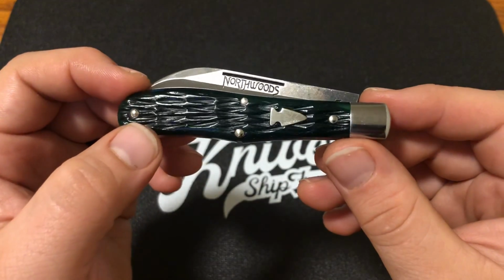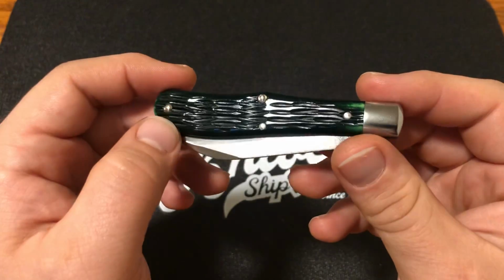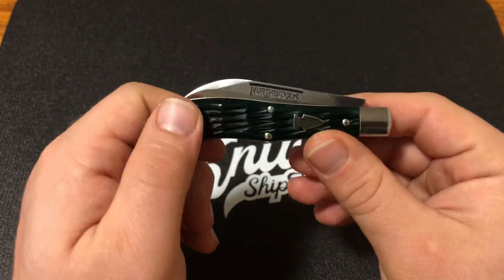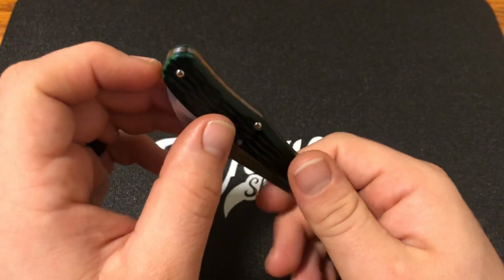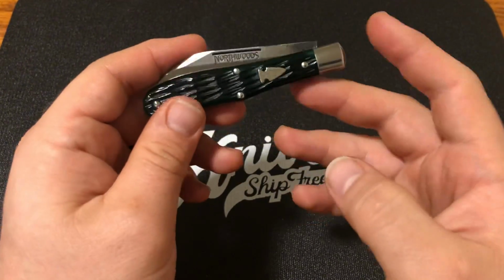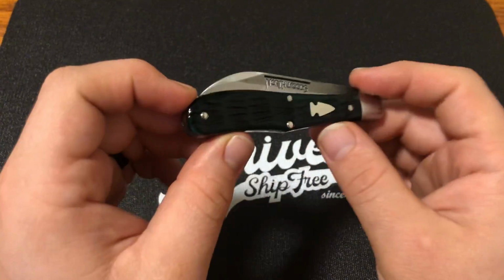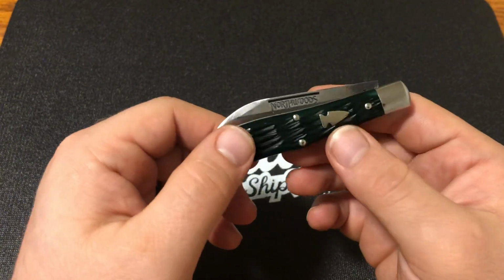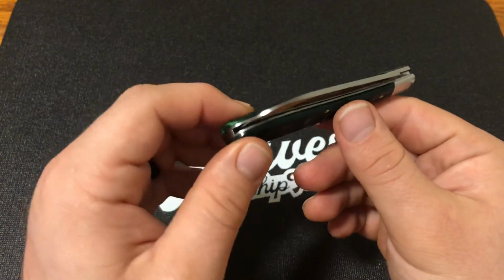You can see that it's not overly even like some Gradation Cutlery jigging can be, and it's even enough that it looks intentionally done, which is a good thing. So I do think that the bone is nice, but I would have preferred it to be a little bit lighter. And to be honest, these green didn't sell out anywhere near as quickly as the blue. I actually went for a blue saw cut first, and wasn't able to get one. I had it in my cart and didn't get checked out in time, and it was already sold,